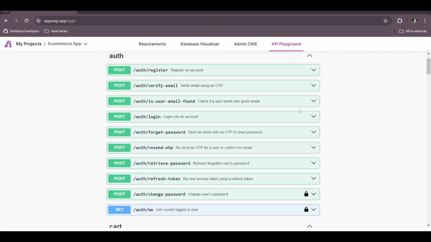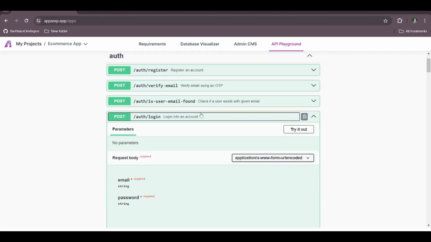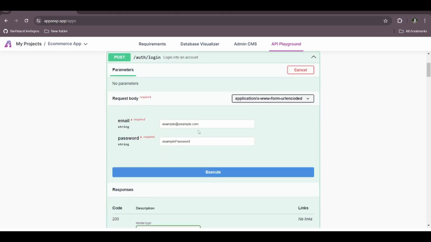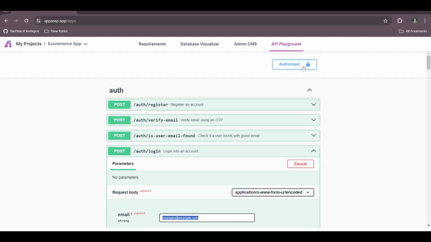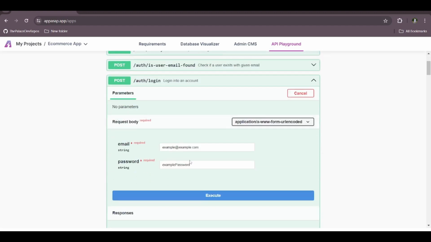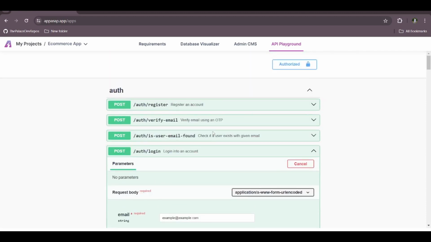And if you want to get your own token, you can just log in with your user. You could just enter your email and password and execute that. And then it's going to give you in the response your token. You can take it and authorize with it. And this user is basically the admin user. That's the default one that you have, which is basically your email that you signed up with into AppAsap. And the password is the password that you entered in the pop-up after your app finished generation. Or it could be any user